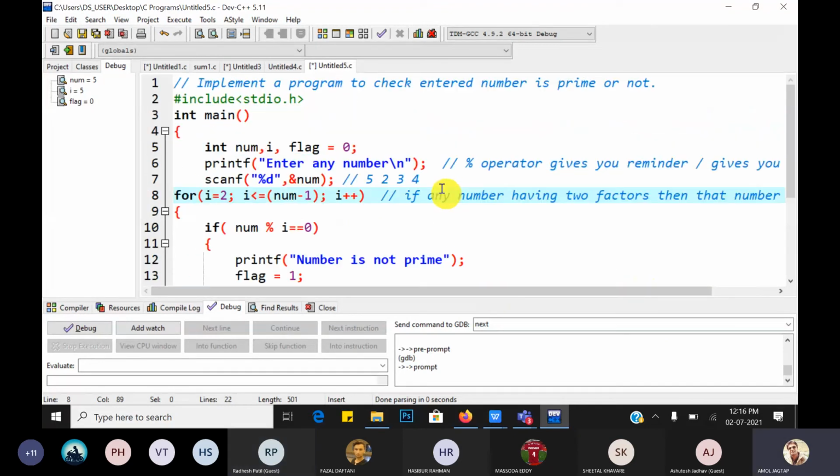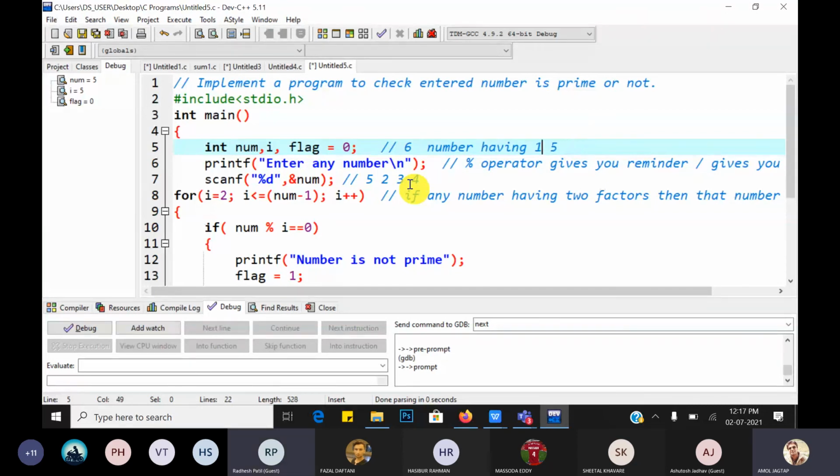So what is a prime number? If any number has two factors, for example, what is the meaning of that? The number 5 has two factors, 1 and 5 only. So 5 is prime. The number 6 has factors. What are the factors?